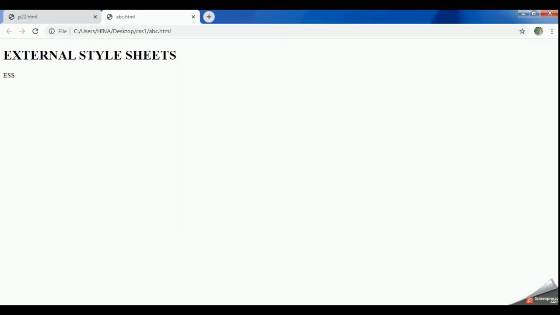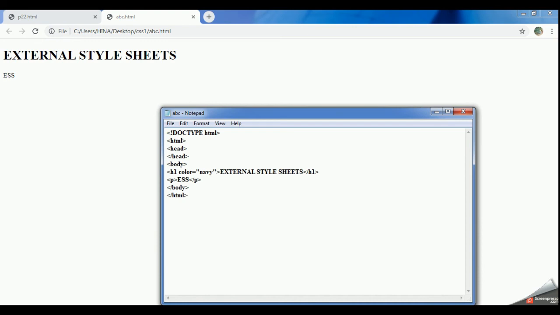and refresh it. Now I guess navy is not working this way. If I want to change the color to navy, I will write style is equal to, style will be an attribute, then color navy.